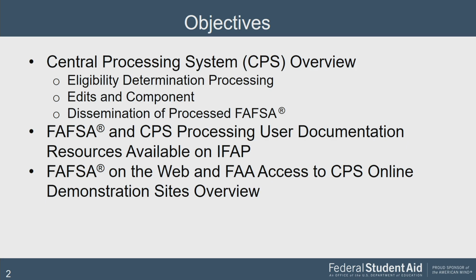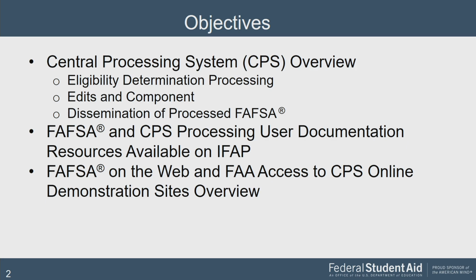For the central processing system, there are three major things that I want to cover. I want to talk about eligibility determination. I'm actually going to spend a little bit of time on the function and the process of eligibility determination. Then we're going to talk about the various edits that we have to go through in order to get to a point within the CPS to calculate the EFC, the Estimated Family Contribution, that all-important index that shows on the first page of the processed FAFSA results that you receive. And then we're going to talk about how we disseminate that information. Once the FAFSA is processed, we disseminate the information to schools and students and other stakeholders in the financial aid